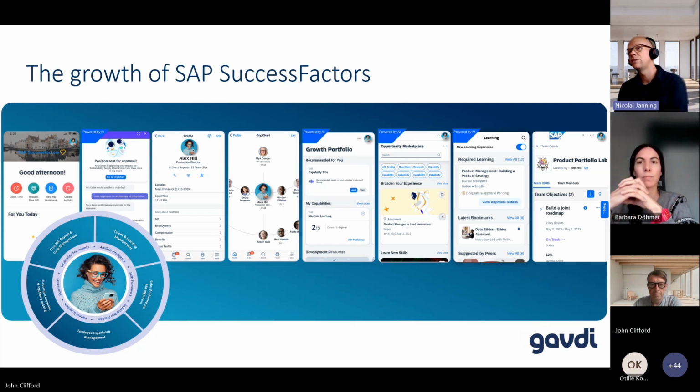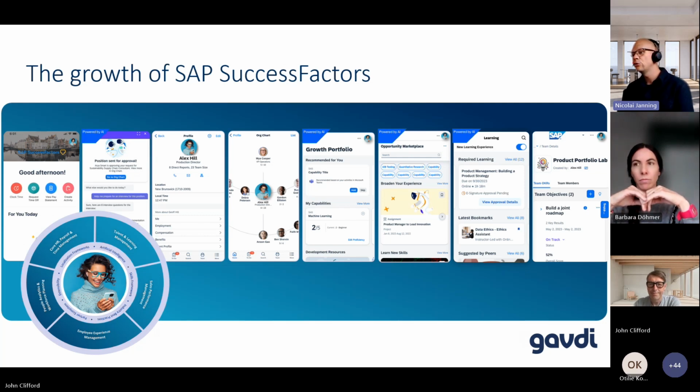A good example of that is the Opportunity Marketplace, where you can utilize your already implemented SuccessFactors solution and the different modules or process areas, such as performance goals, learning development, and recruiting, to enhance adoption of the system in your organization, and also to keep and retain talent as you can support their continuous growth and development. This is really something in the development of SuccessFactors as a cloud solution I'm really happy to see, with the continuous innovations, continuous adoption of the system, and continuing to support HR in their work to keep up the fight for talent as well.